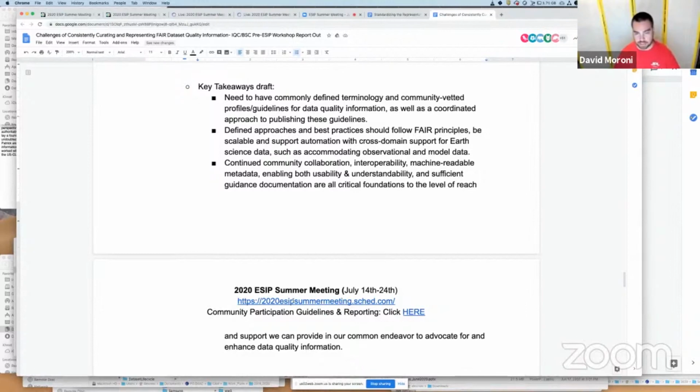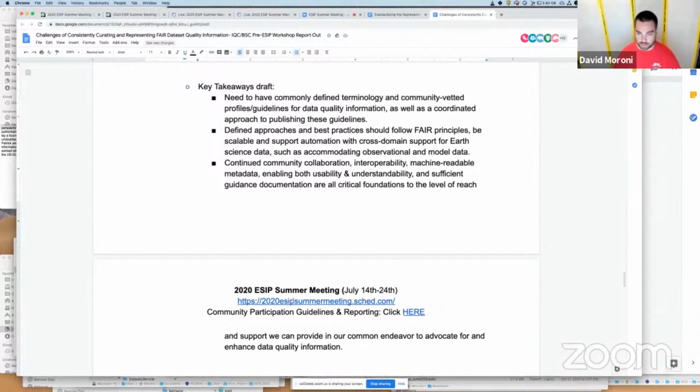So the first is the need to have commonly defined terminology and community vetted profiles and guidelines for data quality information, as well as a coordinated approach to publishing these guidelines. I think that's one of the things that Bob touched on, and maybe even with Peng's timeline, we're going to publish, but where do we publish? We need to have a targeted publisher that we're going to look toward, and in making sure that we have a coordinated approach. So Peng touched on how there's a mailing list to be part of that communication loop as we move forward. Also defining approaches and best practices,